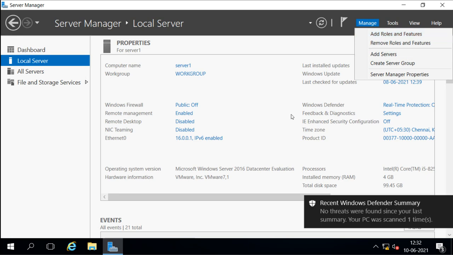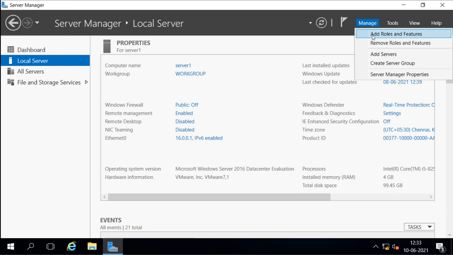Right now I want to have Hyper-V services, so I will install the Hyper-V role here. Hyper-V is a role. That means this virtual machine will act as a Hyper-V host, where it can host different virtual machines. Hyper-V is actually a role for this server. So I will install the Hyper-V role here for hosting Nano Server as a virtual machine.